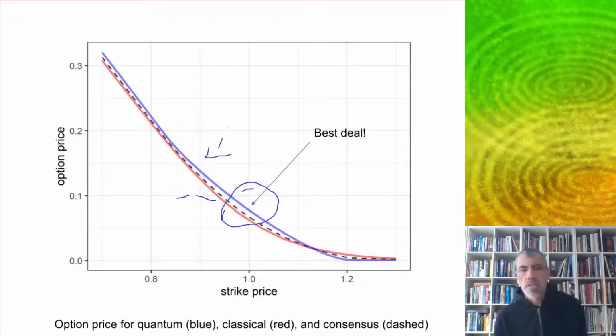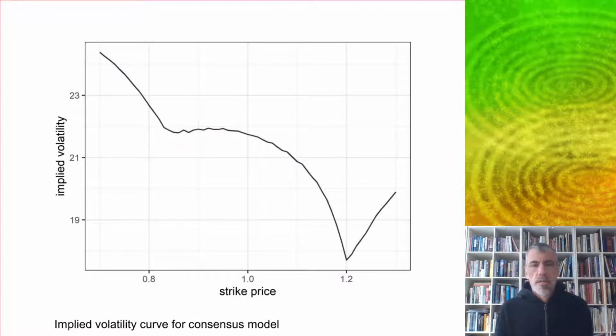And a good thing about these: we're using our quantum model of supply and demand to get this dashed line. So it's a kind of compromise between the buyer and the seller. But a good thing about the quantum models, because it's based on a propensity, is that we're not going to assume the market clears or something like that. We're going to be able to use that to estimate the volume of transactions at different prices. So starting with the implied volatility curve for the consensus model, we have something that looks like this,